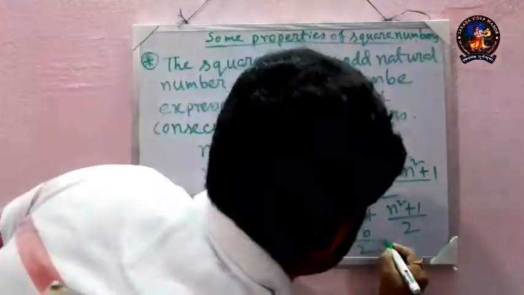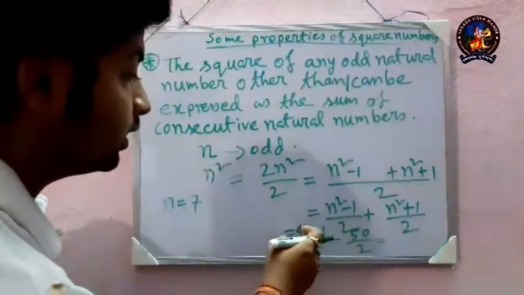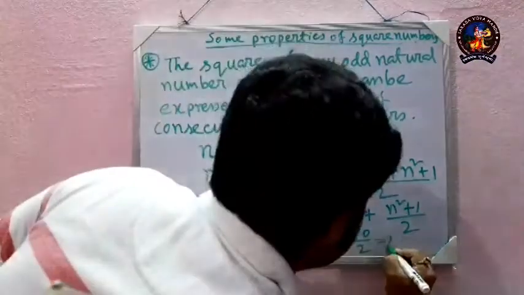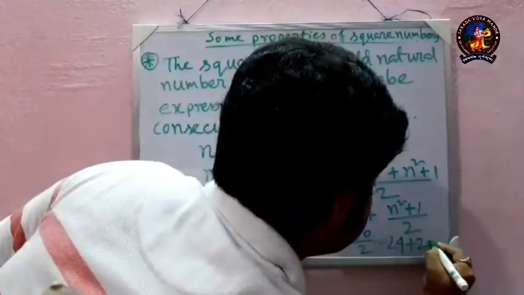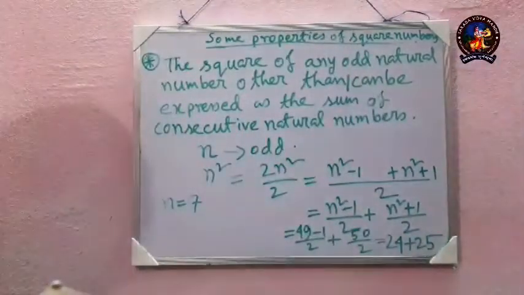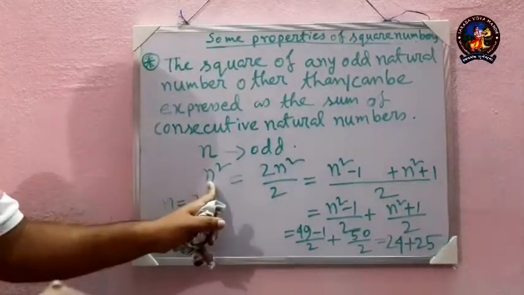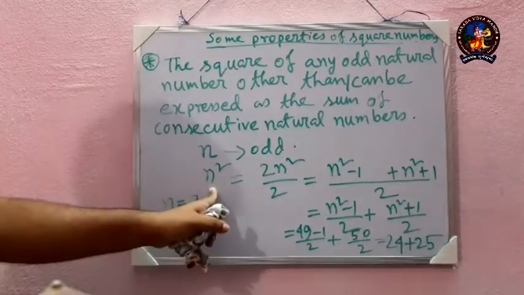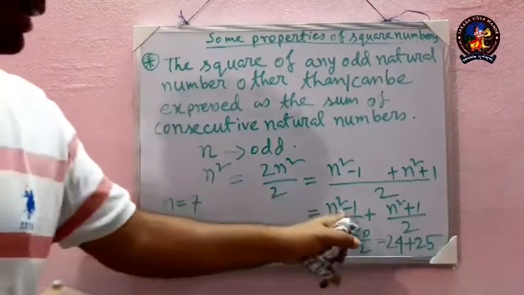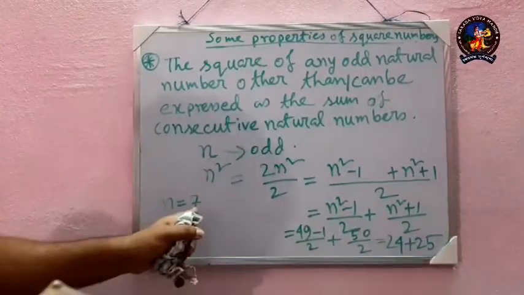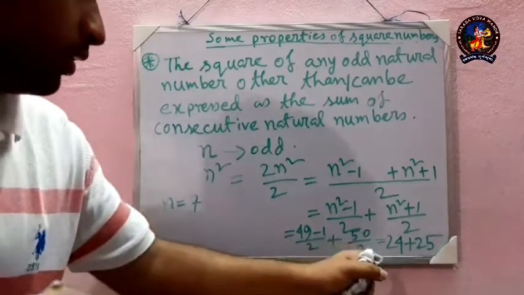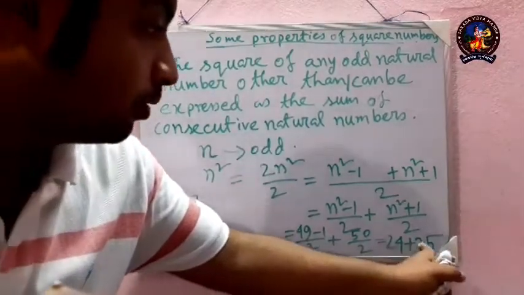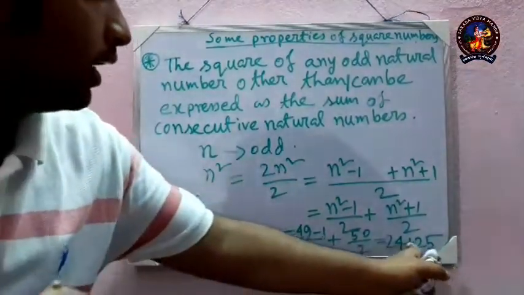This means 49 minus 1, that is 48 by 2, that is 24, and 50 by 2 means 25. So I have expressed n square as this, taking the value of n as 7, and I got the result 24 plus 25. They are the two